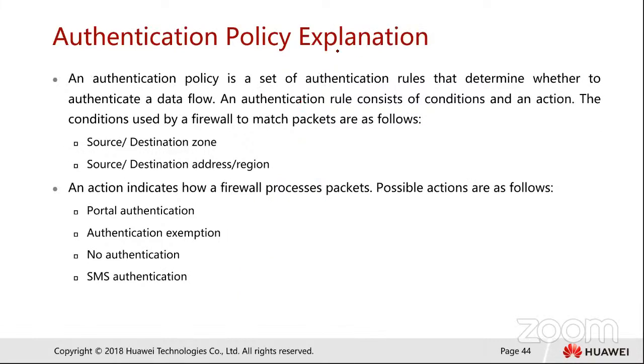So authentication policy, they are explaining more of the policy. It is a set of authentication rules that determine whether to authenticate a data flow. An authentication rule consists of conditions and an action. The conditions used by a firewall to match packets are as follows. You first look at the source or destination or the region where it is going. After that, looking at the source, determine the action. An action indicates how a firewall processes the packets. Possible actions are as follows: either take them to the portal authentication, or exempt them, or no authentication, or go ahead